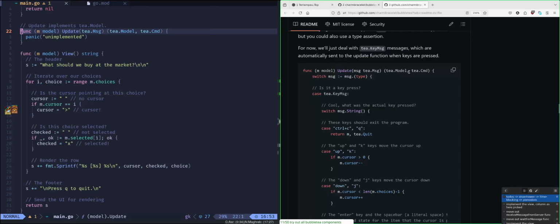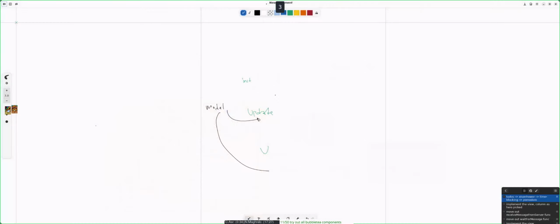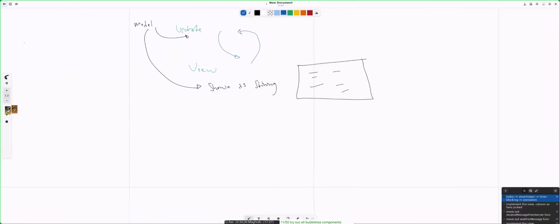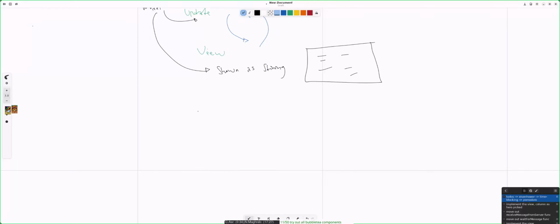So basically, there's the model and the command and the message. I think these three are the most important, so maybe I'm going to write them at the bottom.